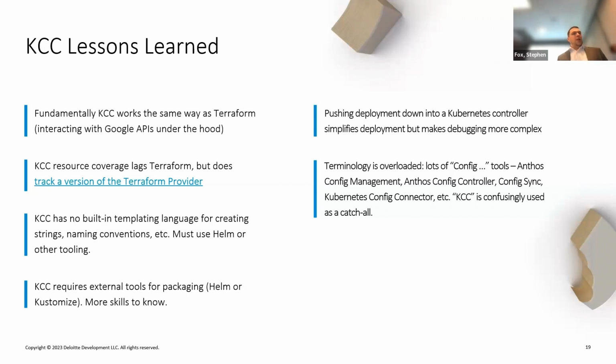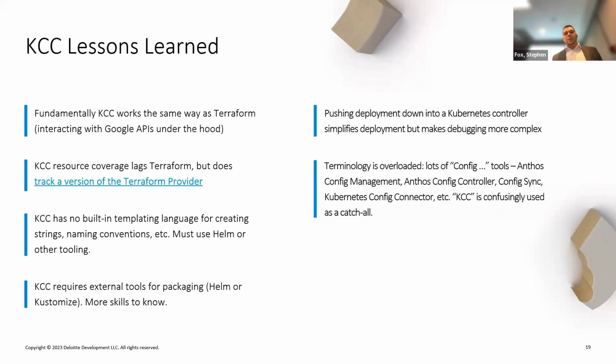If you're new to Kubernetes, KCC will also be challenging because it's not just learning how to write the YAML and apply that to Kubernetes. You also need to know how to package it. You need to know how to lint it, all these different things. So there are a lot of different tools that you need to know in the stack. That can be a learning curve for someone just coming to Kubernetes or just coming to KCC if they don't have prior experience with Kubernetes.